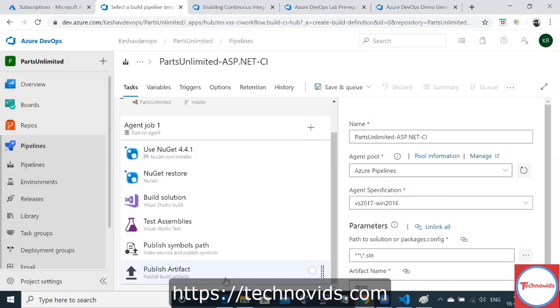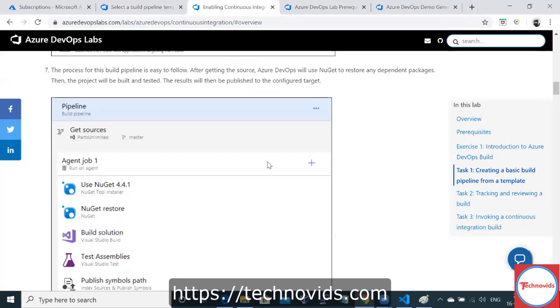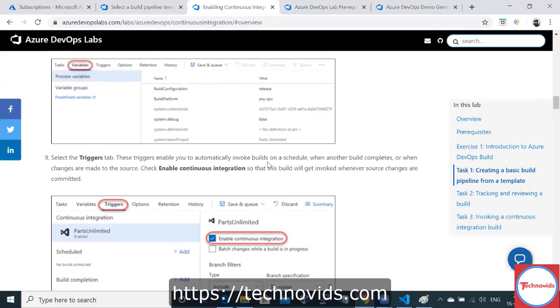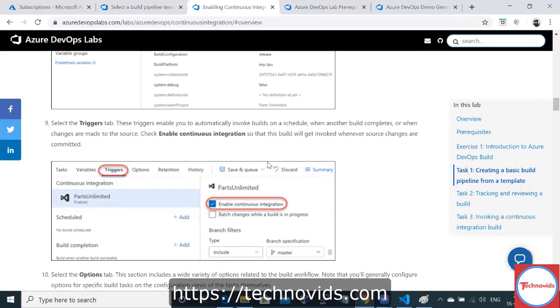Okay. Now let's see what other steps there are. Any confusion till now? So all this will happen in the pipeline only, right? Everything happens in the pipeline. Remember that. These are all the steps that we have. Now we will go to variables, and what we need to give in variables.